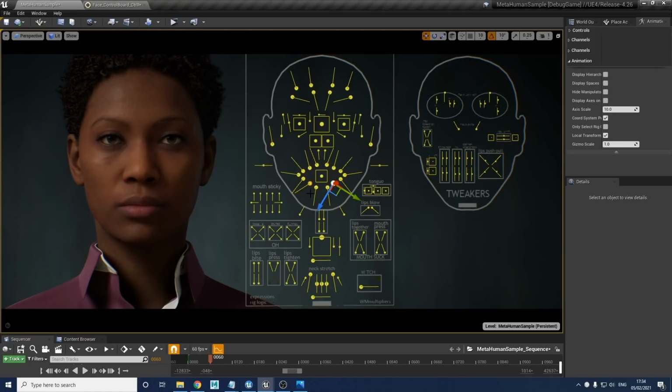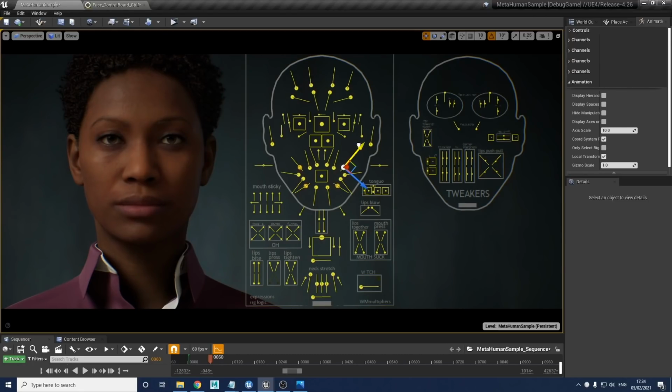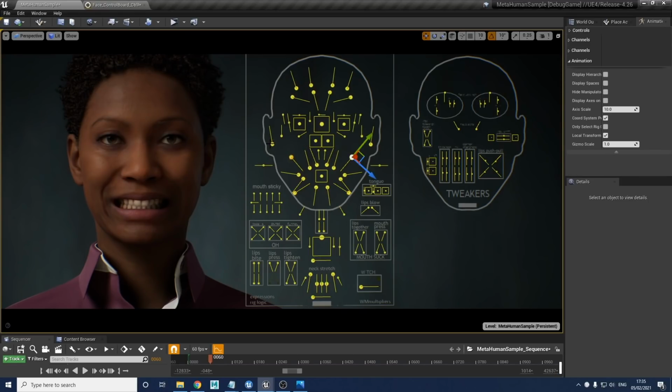And all of these corner controls can be used together, and ones that work really well together, if you want a nice big grimace, you can use the corner pull and the stretch all together, and you get this really big kind of extreme tense grin. And you can have it to varying degrees. If you don't want so much of the corner pull, you can bring those down. And you can see it's very fluid in the motion, increasing these on together. They're all designed to work very well together.